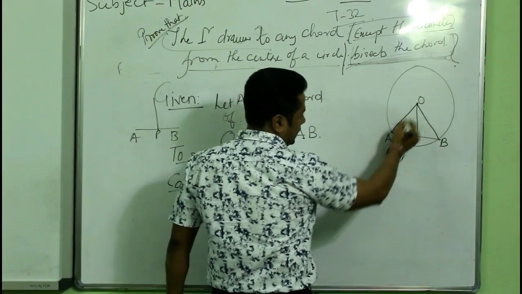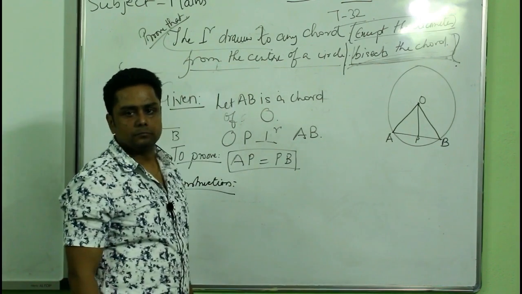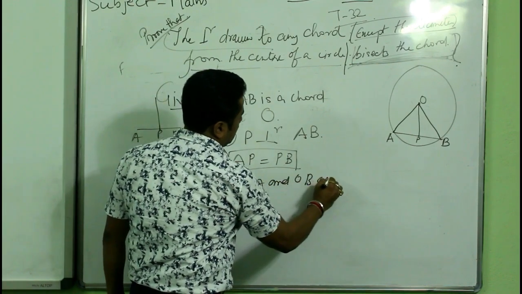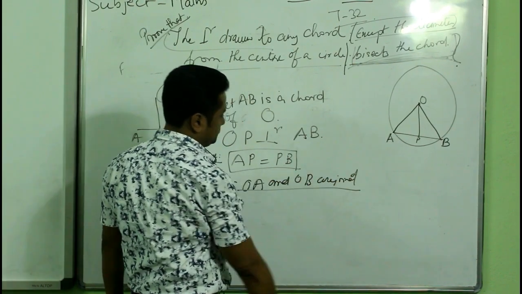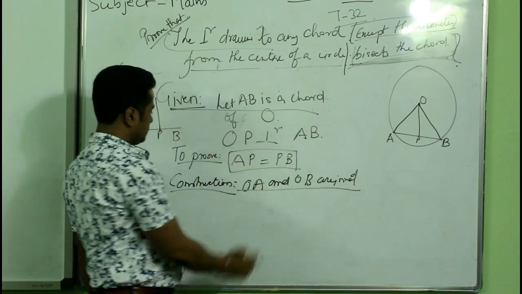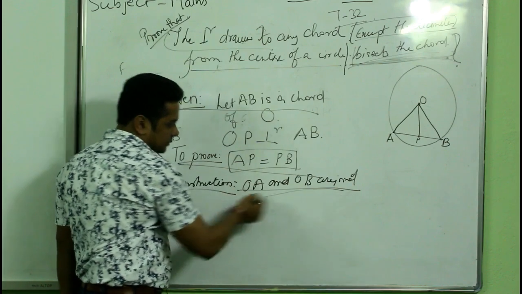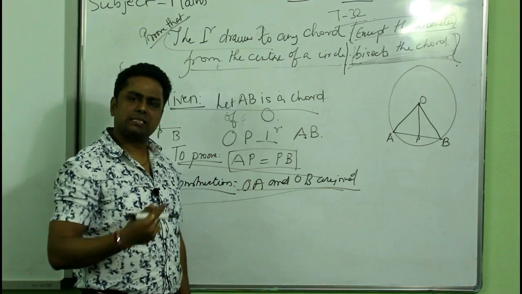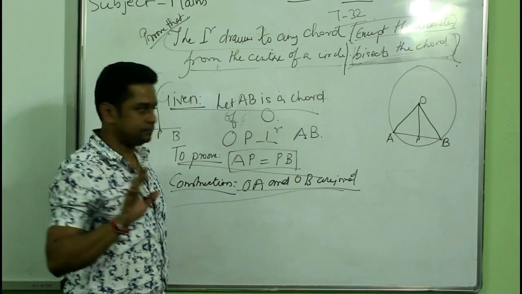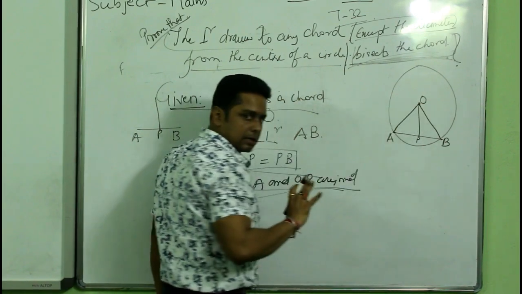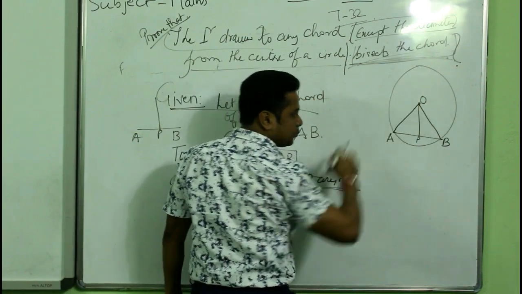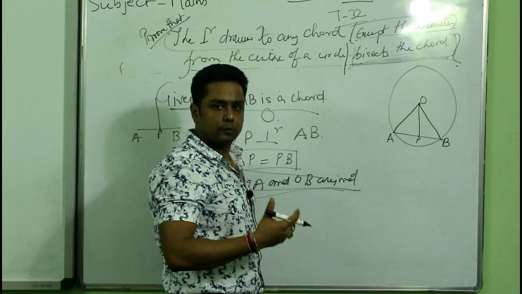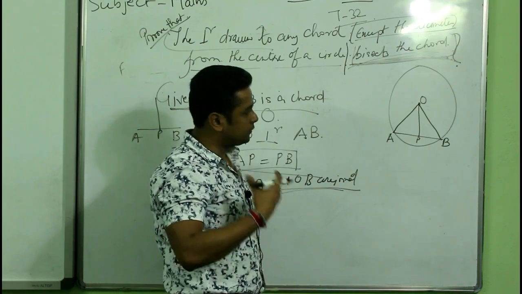draw lines OA and OB. We will draw the lines OA and OB are joined. So this was given, this is to prove, and this is some extra work that we have done to prove a theorem. Now you will say, sir, can we draw any line? No, there are logics. This point and this point can be connected. I have connected. This point and this point can be connected. I have connected. Whatever can be done to derive a theorem, we can do it. We have that liberty. We have that freedom to do it.